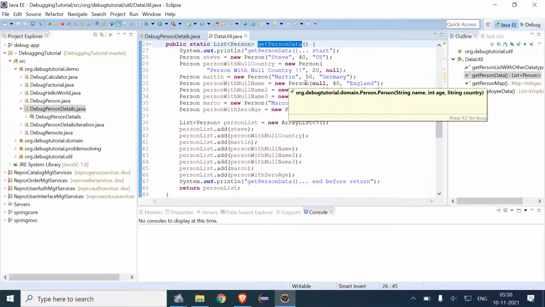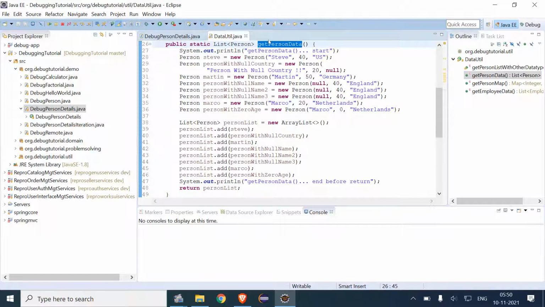And here the get person data opens, and it is showing a list of inserted data of members, and these things are added to this person list.